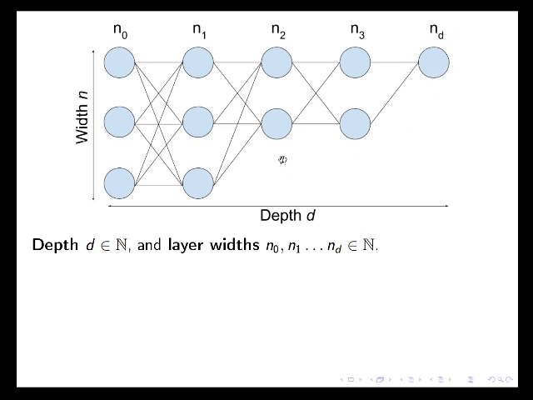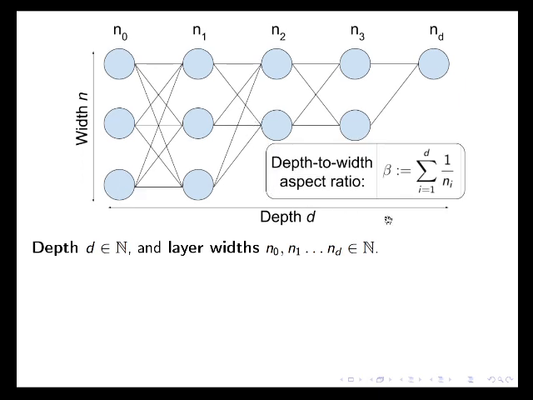I'm going to define one other thing that you might not have seen before, and that is the depth to width aspect ratio. I'm going to call this beta, and this is sort of the ratio of d to n, but of course there is no one n, so this is how we define it: the sum of 1 over ni. So with that network architecture fixed, and it's going to be a fully connected network, by the way,